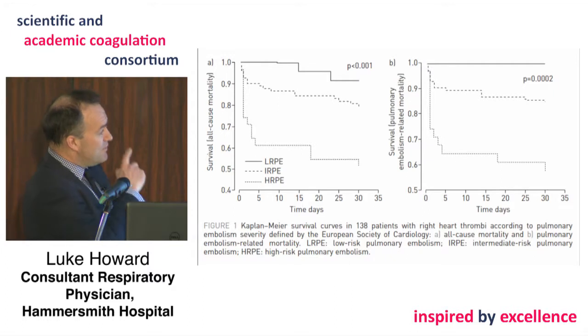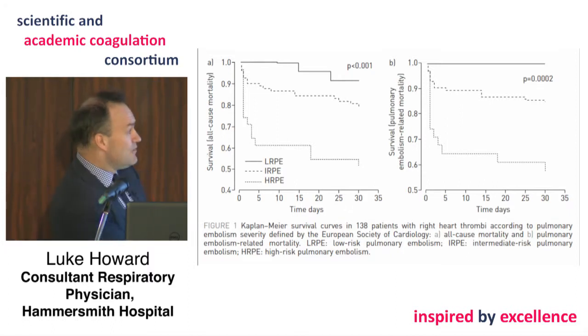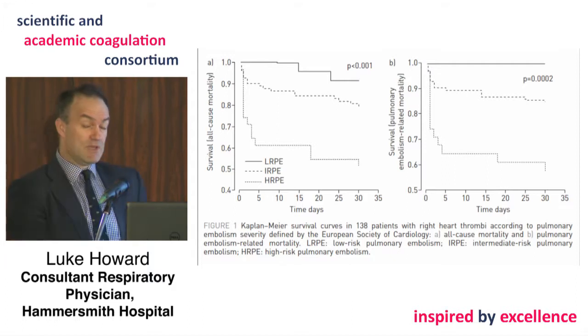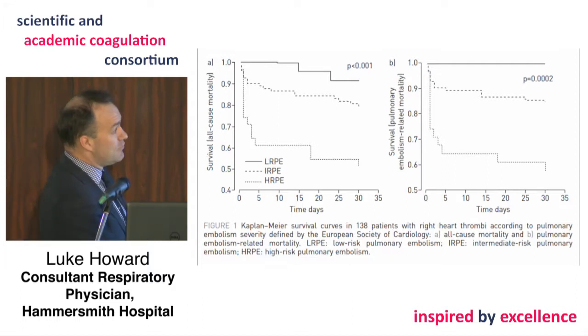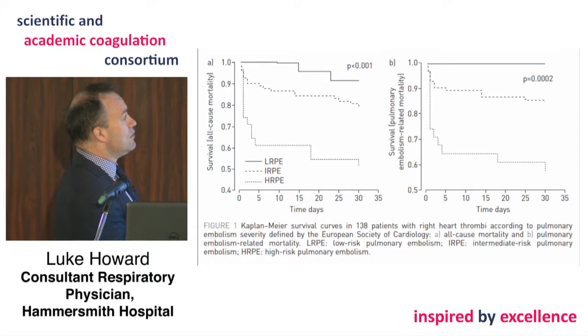But what they did here was they took all the patients with right heart thrombi, they showed all-cause mortality and PE-related mortality. I'm slightly more interested in PE-related mortality, and what they showed is that if you scored them according to the ESC criteria that I've just shown you, in fact those ESC criteria still work quite well in terms of unpicking the low risk from the intermediate from the high risk group. But look, you're seeing this horrible drop-off over the first couple of days, 10% mortality even in the intermediate risk